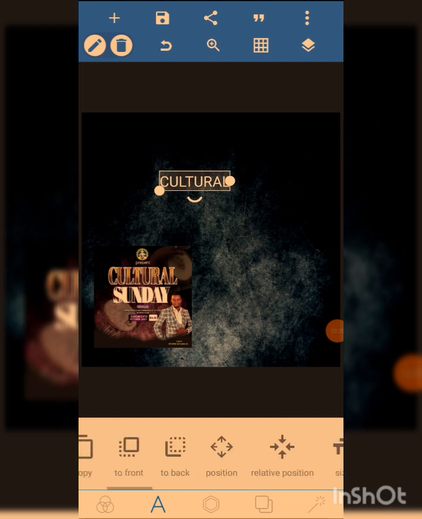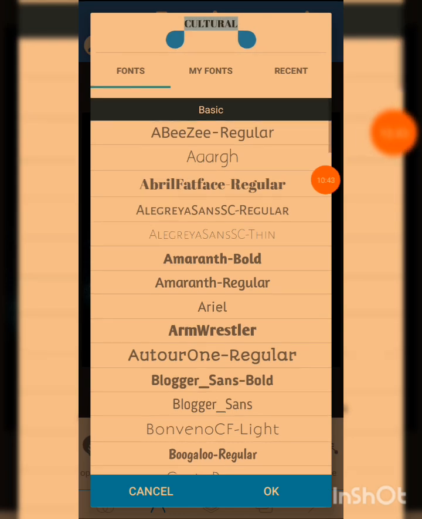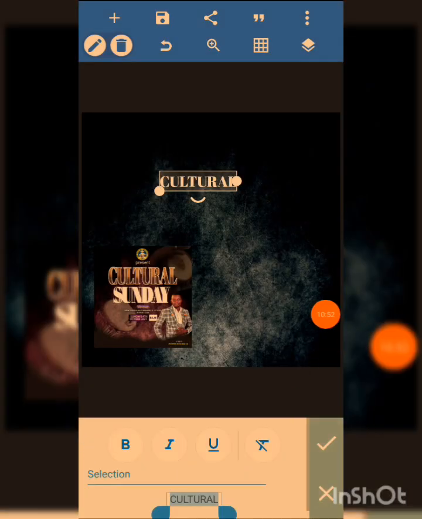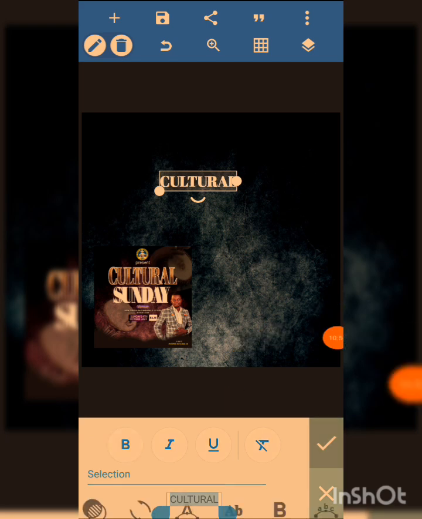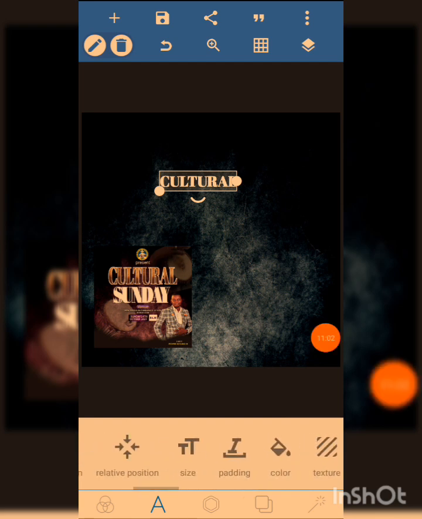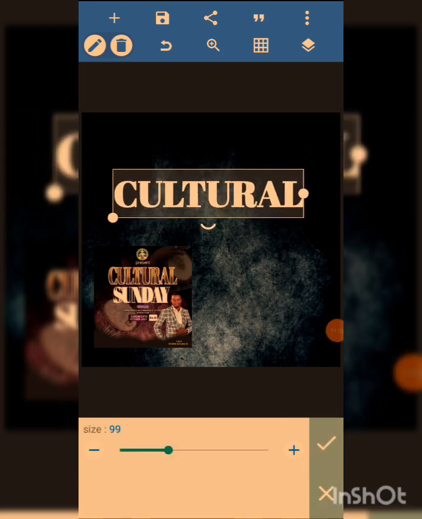One next thing is the font, right? You can see that the font is not bold, so we just come to the font and come over to this regular to make it bold. Is that understood? So you just come over here and click your OK. One other thing, we need to make it bold, so you just come over here and click bold. You can see it's bold, so you just drag it. You can actually drag it manually, but there is also a way to increase the size. So here we have the size, so you click to the size, draw it, so we have it here. You can see how big, how large it is now,